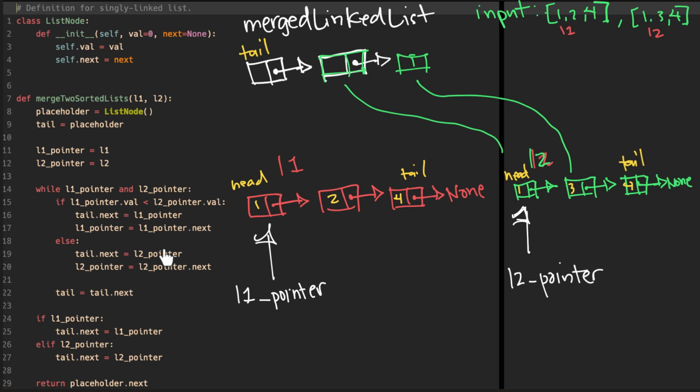So at this point, this node is going to be referencing this node, which means that this node's next node is going to be referencing this node because this node is pointing to this same object that the L2 pointer is pointing to in memory. But then we're going to arrive at this line, where we're going to change our L2 pointer to point to L2 pointer.next. So L2 pointer.next is this node. So we're going to change this to point to